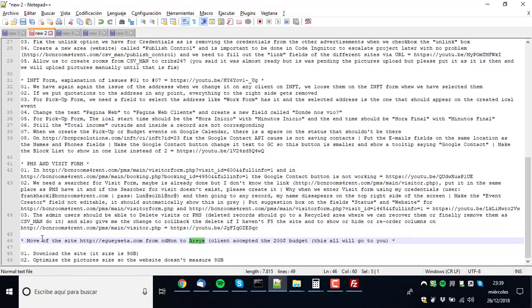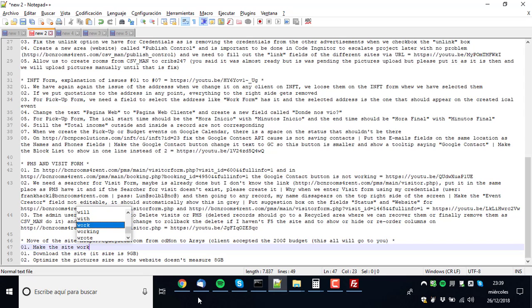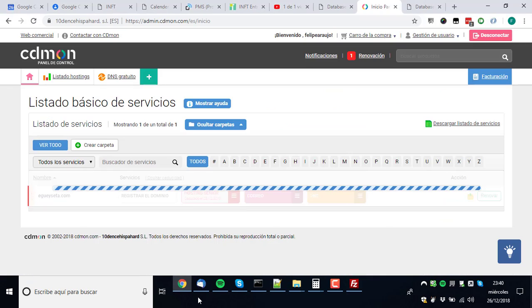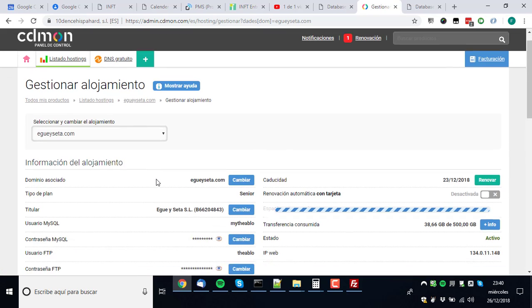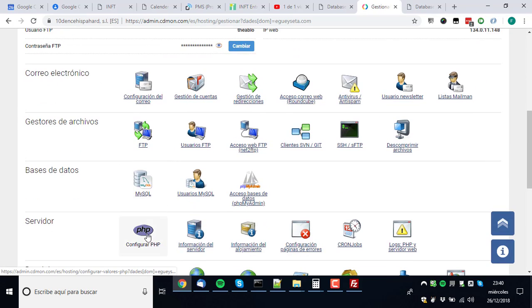So first of all, make the site work, as Frank already uploaded it all. Plan B, do it from zero. What I'm saying is, if you don't find what I have done, then do it from zero. So basically I downloaded the files from FileZilla, and then I came here. I went to the phpMyAdmin.